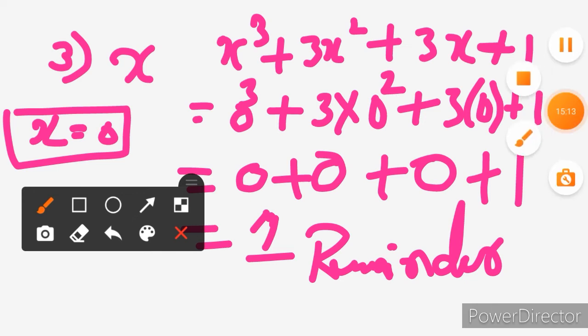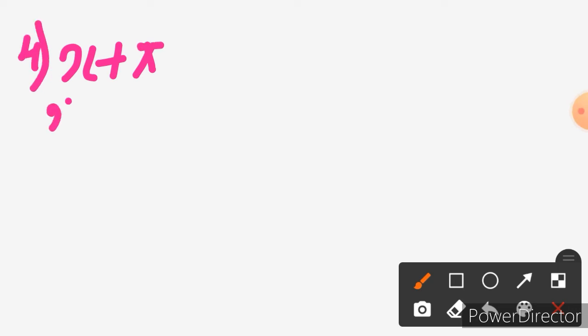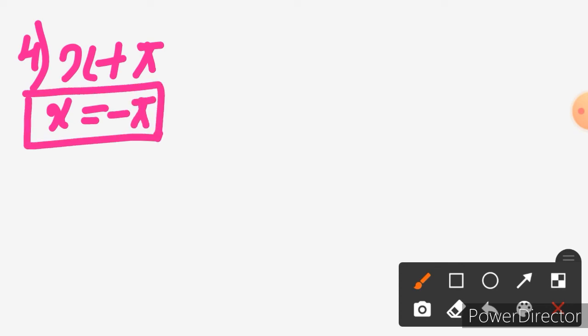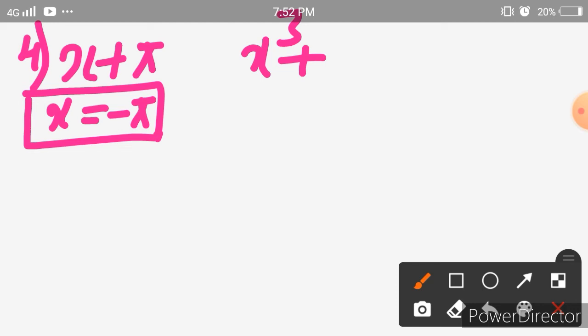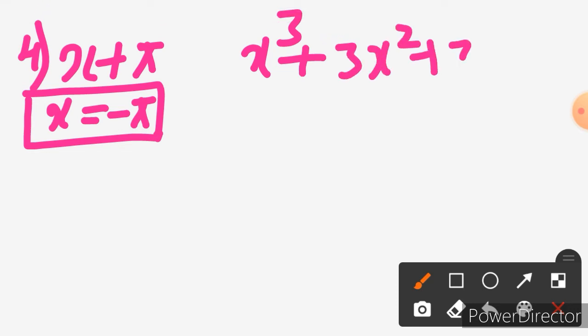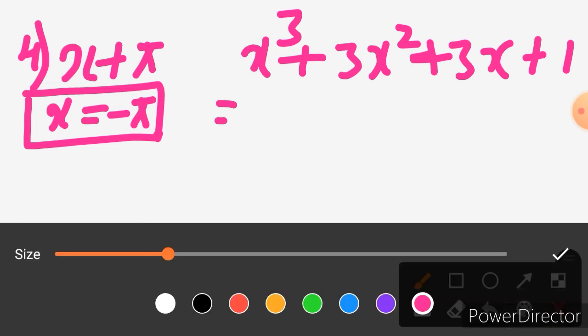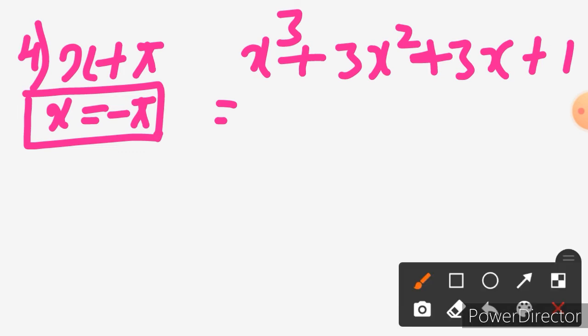Okay, and next one, the fourth problem I have is x plus pi. Let me find the zero polynomial for the fourth one, that is x equals to minus pi. Hope you understood how I got minus pi, because I got 0 of the polynomial here. Okay, now our given polynomial expression is x cube plus 3x square plus 3x plus 1. My explanation is a bit faster. If you guys feel it is a little faster, give me a comment in the comment box. I'll correct my way of explanation.